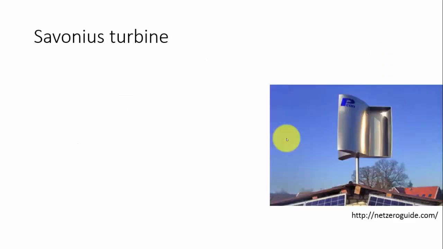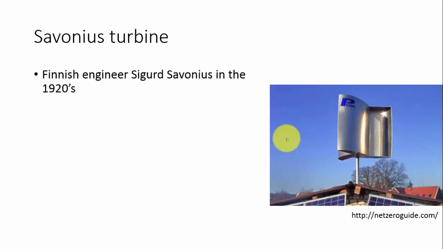And then comes the Savonius turbine. The Savonius turbine is also a category of vertical axis wind turbine, which was invented by a Finnish engineer. He is from Finland. It was invented in the year 1920, and the turbine is named after the inventor, Sigurd Savonius. Generally it consists of 2 or 3 scoops like what we use for ice cream, but here the inverse takes place. The scoops are operated by the air. Because of blowing air, the scoops will be moving. That is because of the drag force.